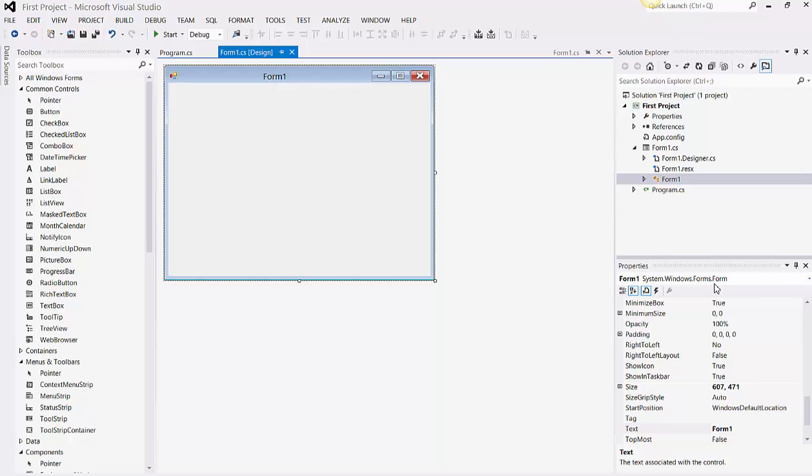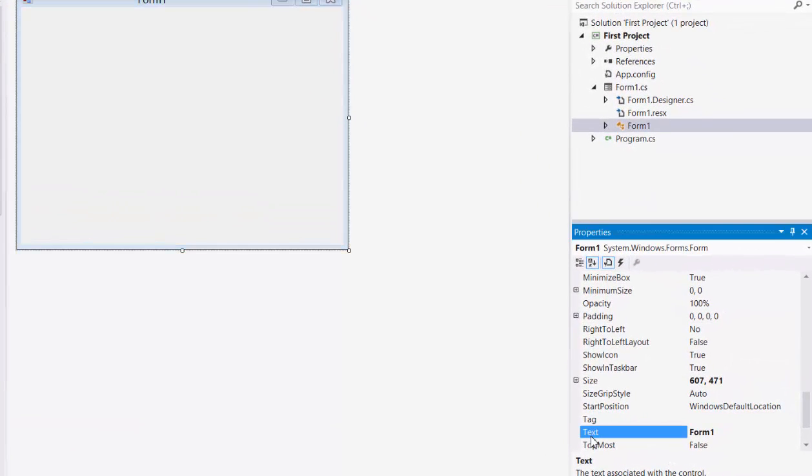So now let's see some of the things of this window, some properties. We can go here, and then here you see this is the name of the object or the window, and basically this is using the system, Windows, forms, and is a form. So that's basically the path where Form 1 is actually created in the different namespaces. Now, to change, for example, this title here, we will have to go to the property that says text, and then we can type here